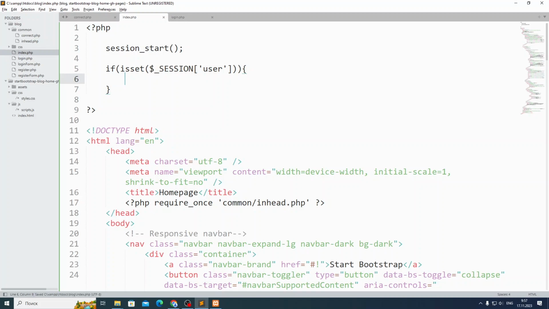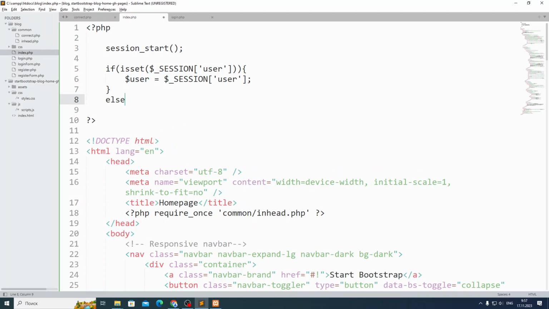Is set means he's logged in, so we have to stay here. Now he's in his account. So let's take into user, guys, this session user. Because if I want to take his name or take his avatar, I'll just use this user object. So we can use this user object to take his name, avatar, etc. But if he didn't log in, else